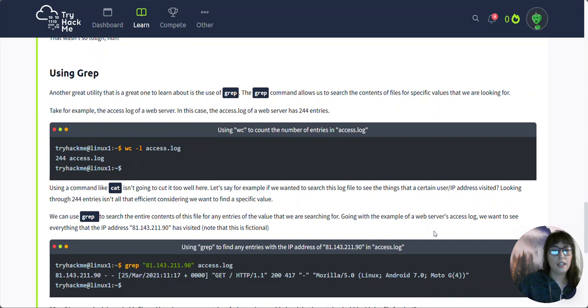Using a command like cat isn't going to cut it too well here. Let's say, for example, if we wanted to search this log to see things that a certain user/IP address visited. Looking through 244 entries isn't all that efficient considering we want to find a specific value. We can use grep to search the entire contents of this file for any entries of the value that we are searching for. Going with the example of a web server's access log, we want to see everything that the